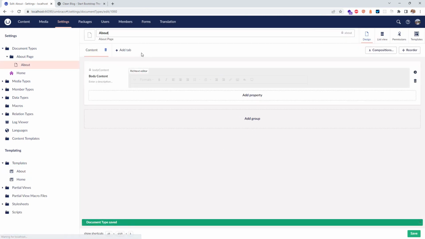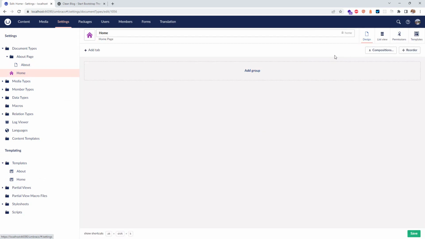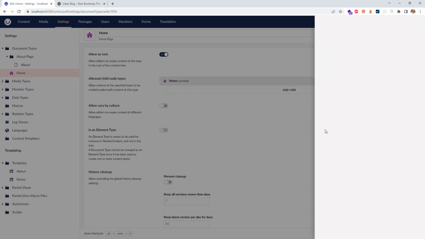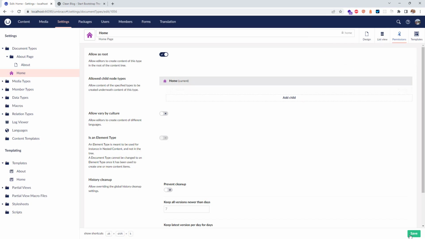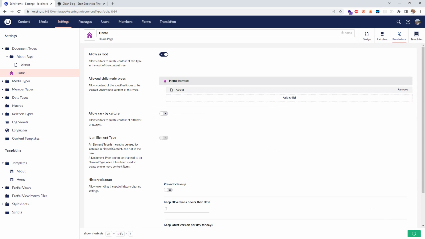It's the about page, but I have nothing in the template, because it creates the template automatically for me. Before I go to the template, I need to go to the home page and add that about page under the, sorry, not this one, this one, to be a child of the home page. That will be here in the content. But let's go first to the about here. Stay please, still saving here. While this one is saving, let's go back to the